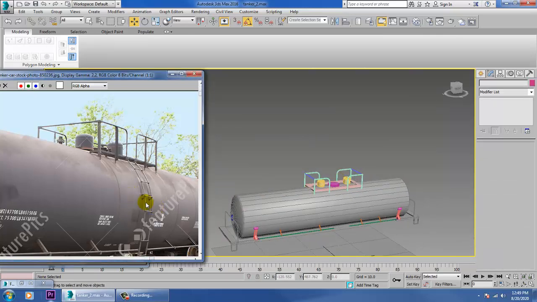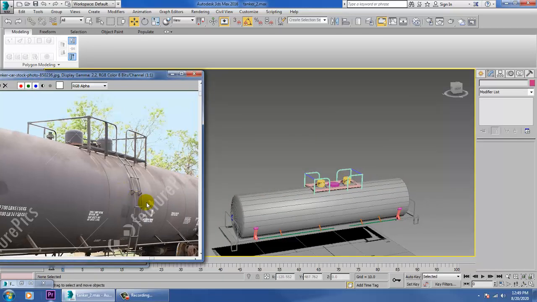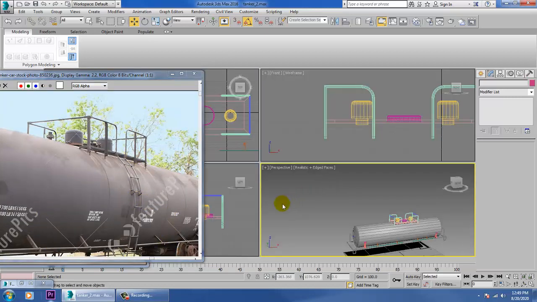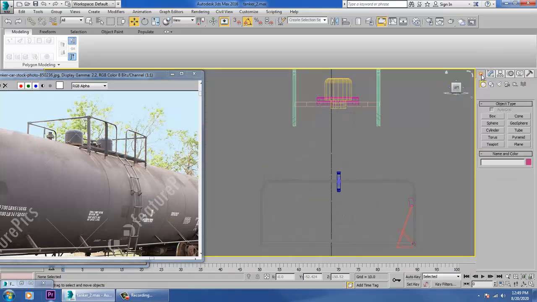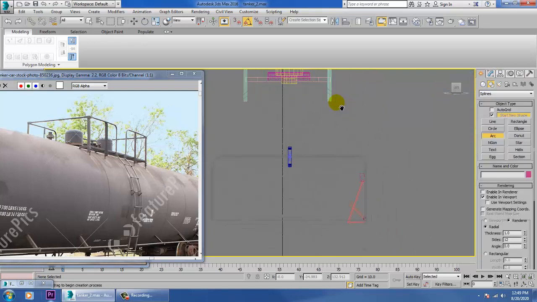So now we can just create this part over here. Let's go into this view over here and let's take an arc. You have an arc over here. Let's take an arc.